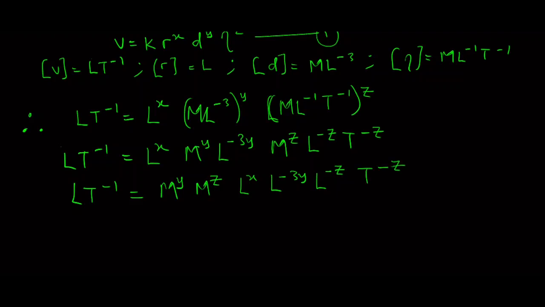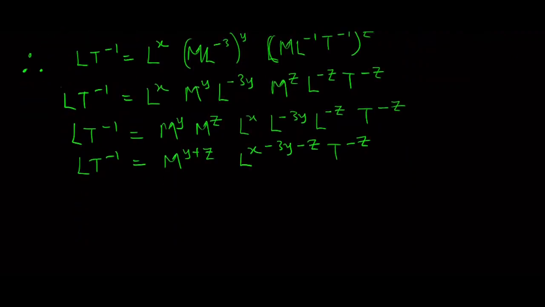If that be the case, we can apply the law of indices to simplify this as well, to give us M^(y+z), L^x, and we are adding the powers together for L, since they have the same base. That is x plus minus 3y, which will give us x minus 3y minus z. Then we have T^-z. So if you consider the right hand side and the left hand side, we have M, L, T on the